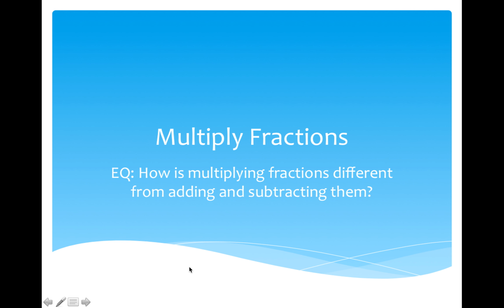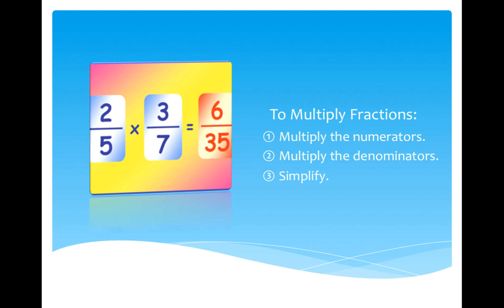Going to talk about how to multiply fractions. Our essential question is, how is multiplying fractions different from adding and subtracting them? To multiply fractions, you multiply the numerators, you multiply the denominators, and then you simplify. So in this problem, you have 2 over 5 times 3 over 7. So 2 times 3 is 6, and 5 times 7 is 35, and that can't be simplified, so it's really